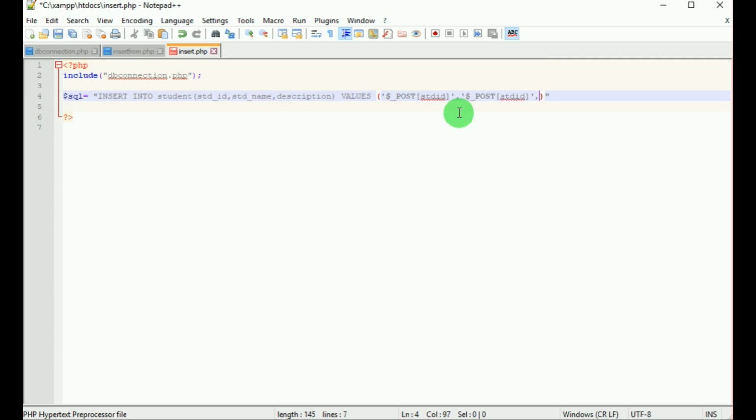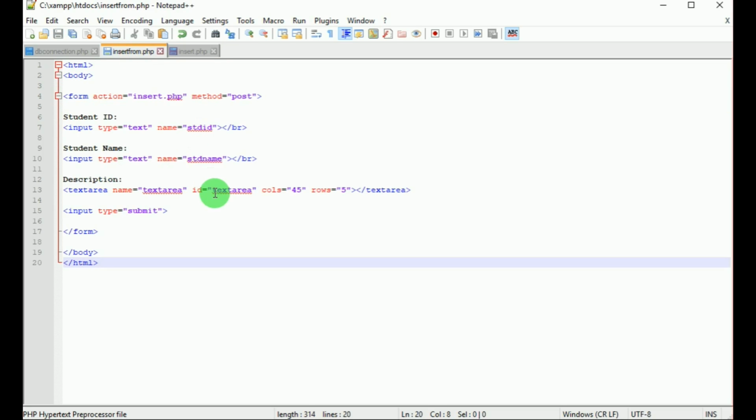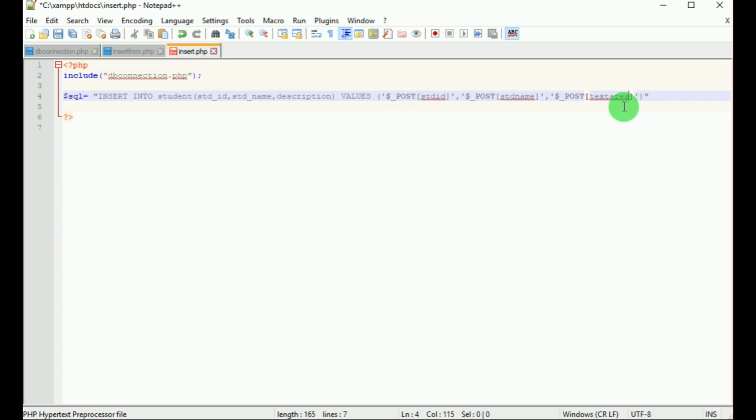Write the same for all the three attributes, student name and description. For description, the post name is textarea. These three names are present in the form, that is the names given in the form.